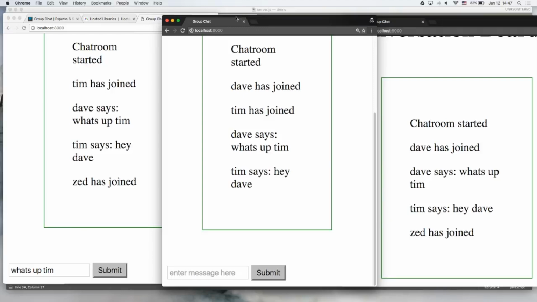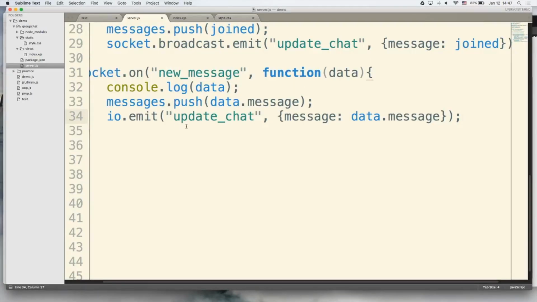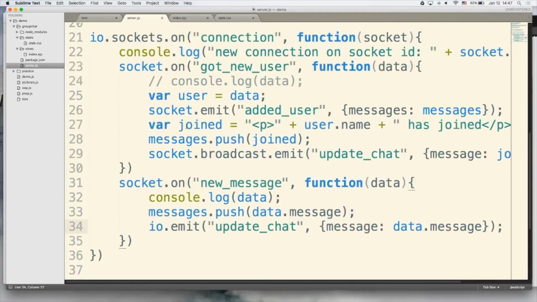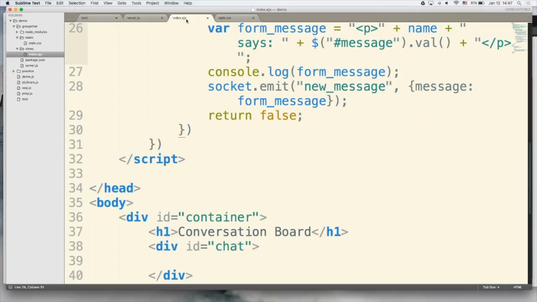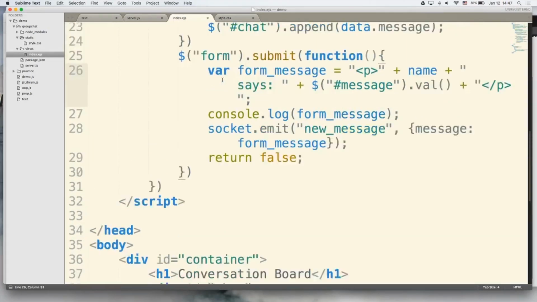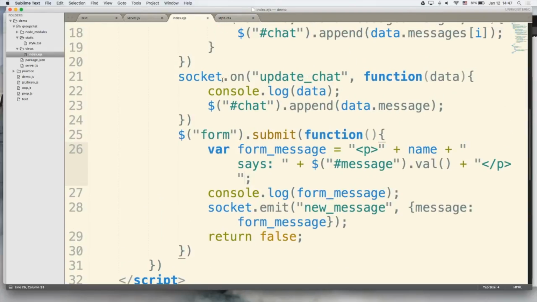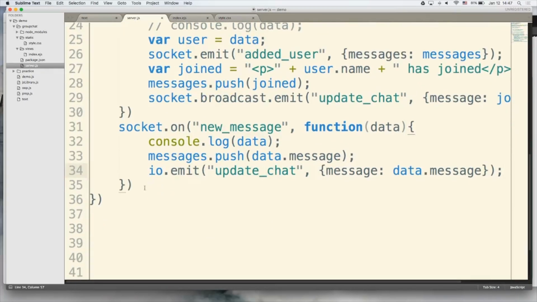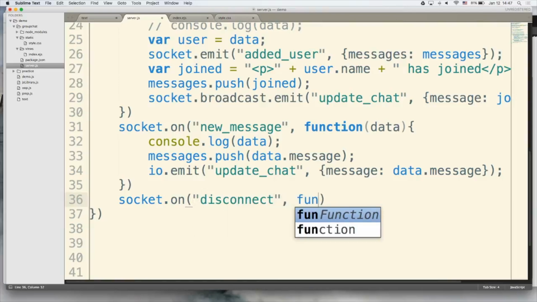All right. Let me just do the disconnect really quick since you asked. Let's see if I can do it. Disconnect's actually not that hard because you don't really have to do anything on the client side. So obviously when the client disconnects, there's nothing to do. So you just listen here on the server side. And I think it's just given a thing called disconnect function